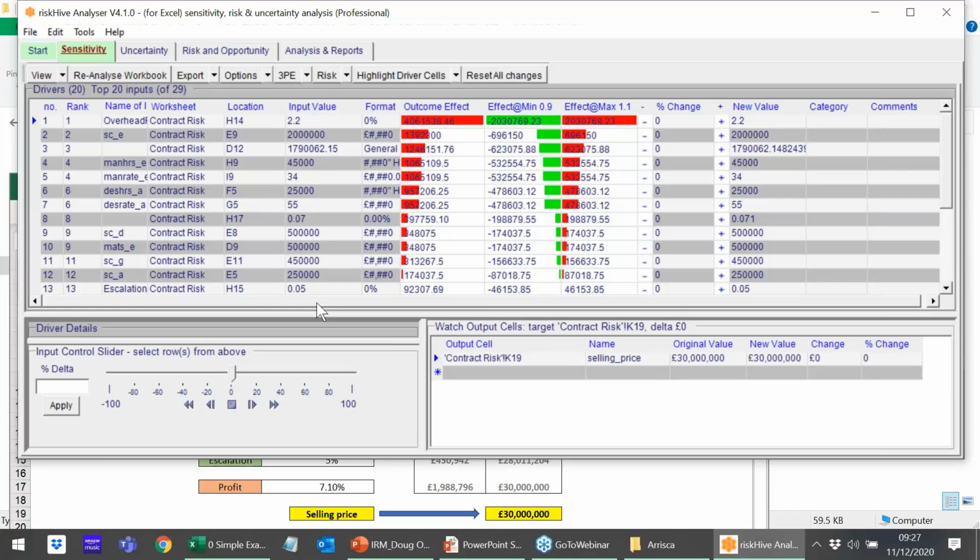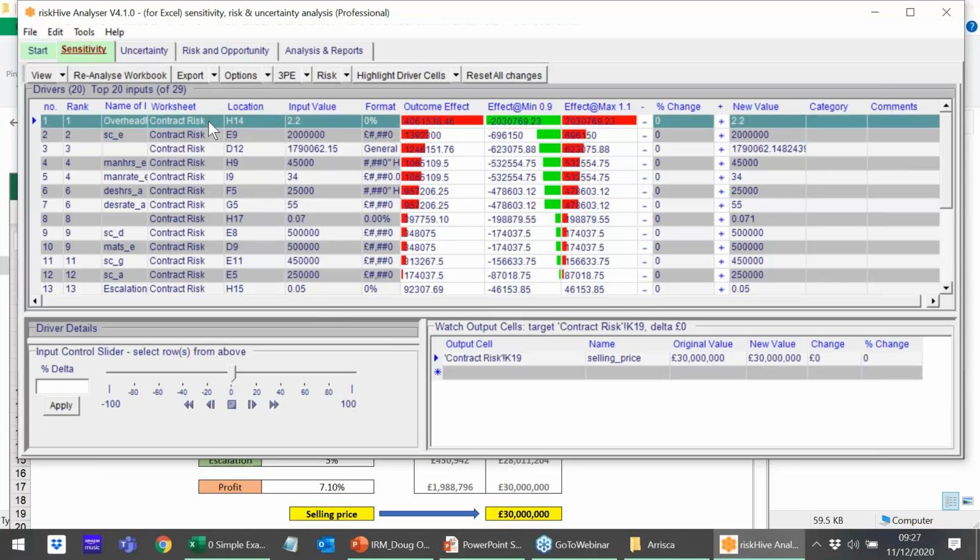And we can do stress testing using something like at risk. Indeed, part of the purpose of Monte Carlo simulation is really to understand the impact of the brown stuff hitting the fan. But actually, once we've done our sensitivity analysis, we can also use that to focus on the things that are important. We can pick the top drivers within our model and then measure the impact of a change to that.